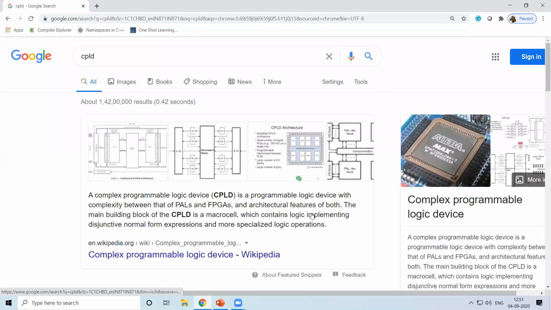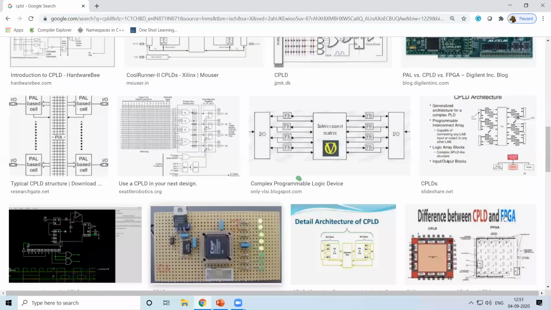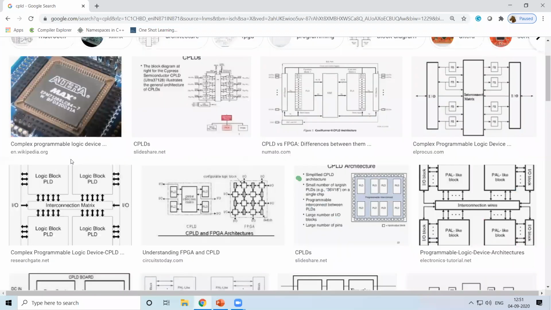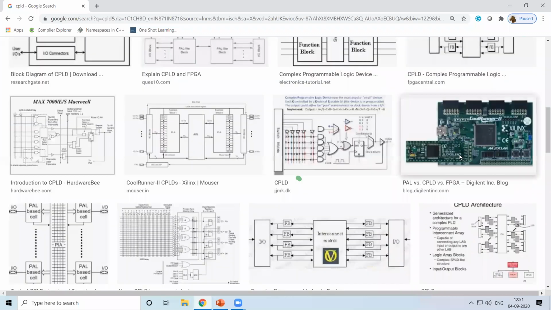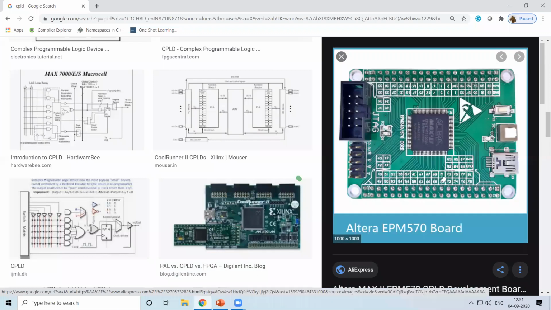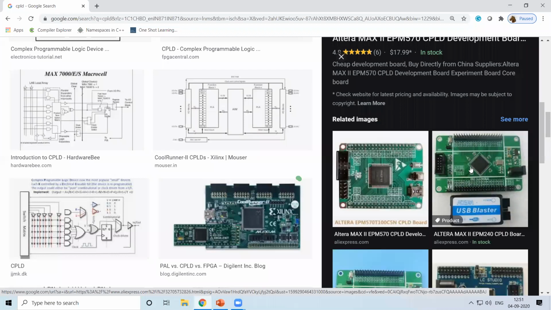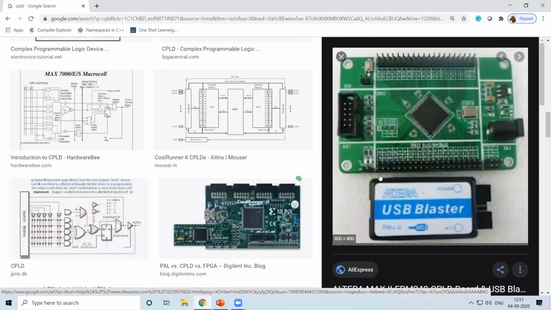So if I just check CPLDs, right? This is one CPLD which we had used when we were students over here. So this is the CPLD wherein you have the transistors over here. These are the interconnections which will be available. So it is from Altera. Again, you might be having different CPLDs present in different forms.